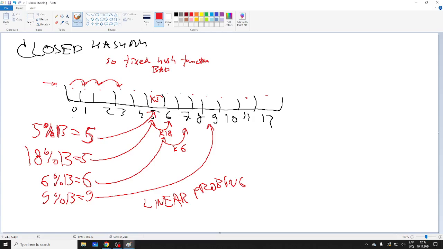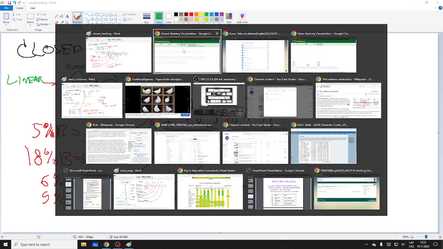So on quadratic, basically 1, then 4, and so on, jumping around not linearly. And there are other approaches too. So let's explore the simple ones, the linear ones.